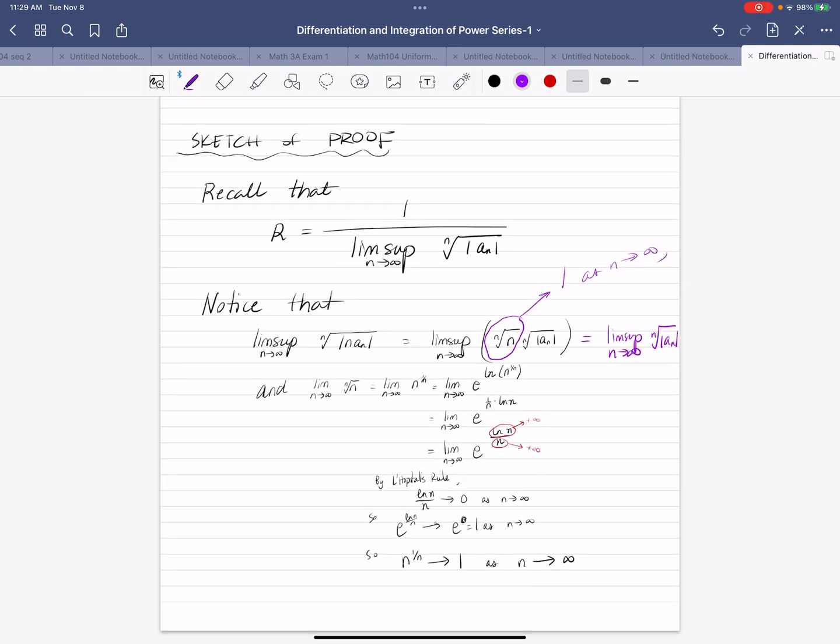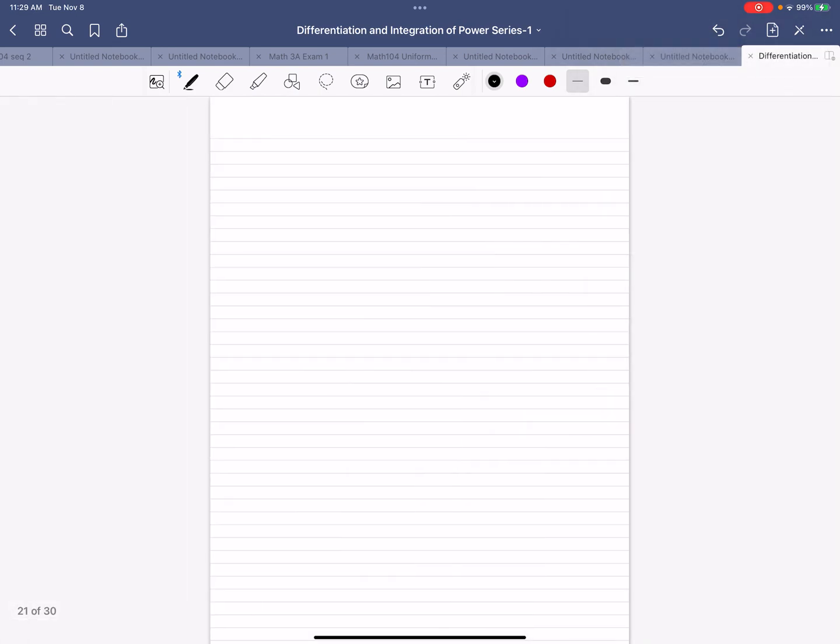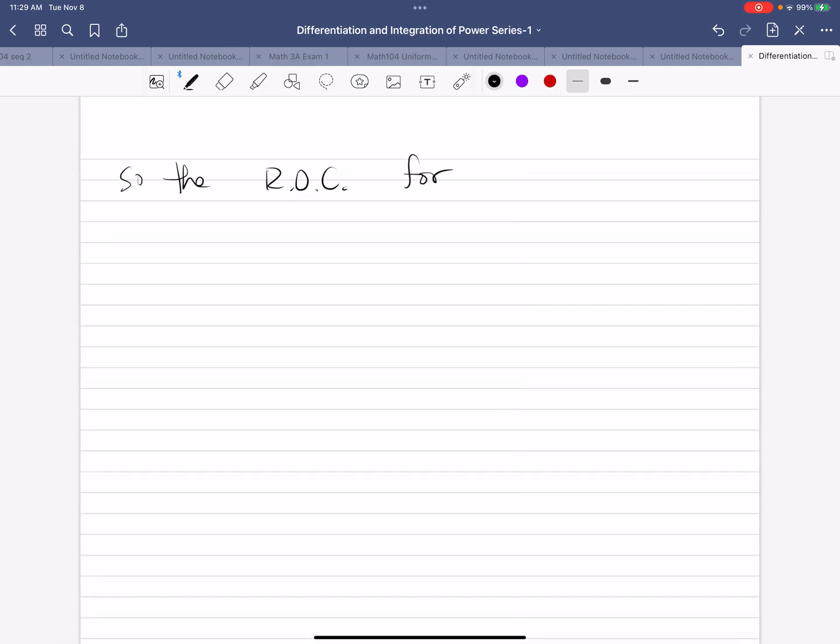So we can take that and say the radius of convergence for our series, a sub n x to the n minus 1, is